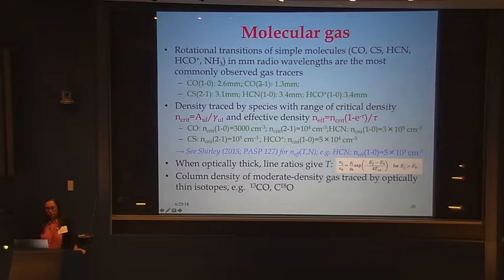So here are the wavelengths of some particularly important species. Whereas a lot of the observations used to be at CO 1 to 0, now there are many more observations at 2 to 1 because ALMA is a better site, so you can see this higher frequency transition more easily. A lot of the current observations are now in this 2 to 1 line. Then there are a few other lines that are important. As Ramil mentioned, the gas is emitting in these lines. How do you learn what the properties of the gas are? Well,